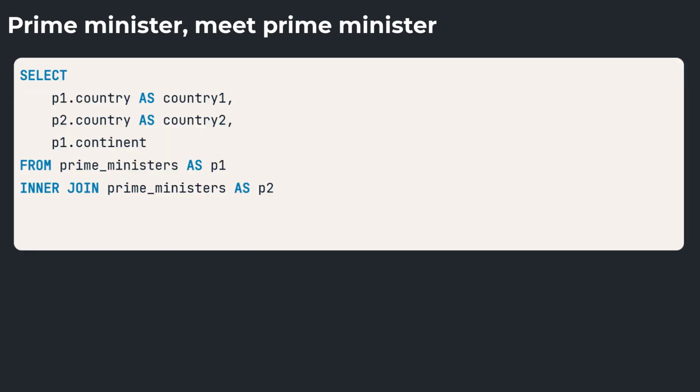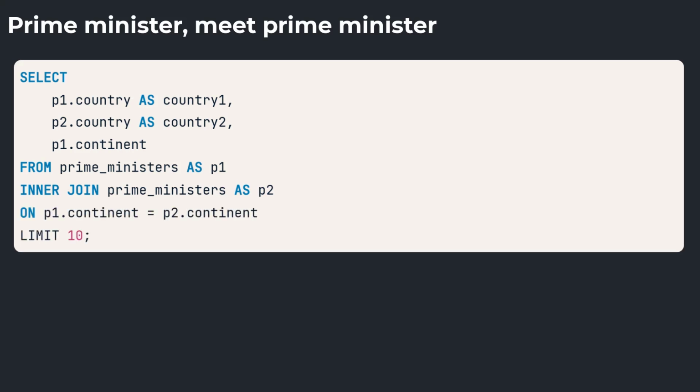Let's look at a chunk of inner join code using the prime ministers table. The country column is selected twice, and so is the continent column. The prime ministers table is on both the left and the right of the join, making this both a self-join and an inner join. The vital step here is setting the joining fields which we use to match the table